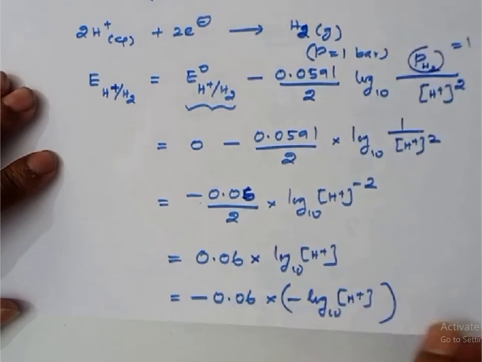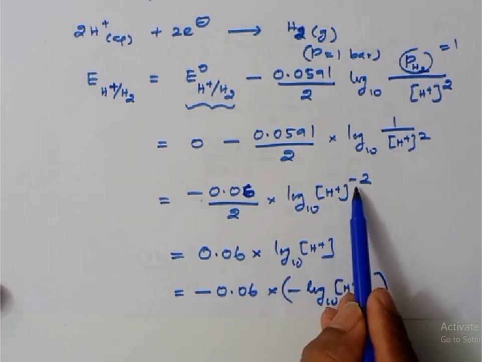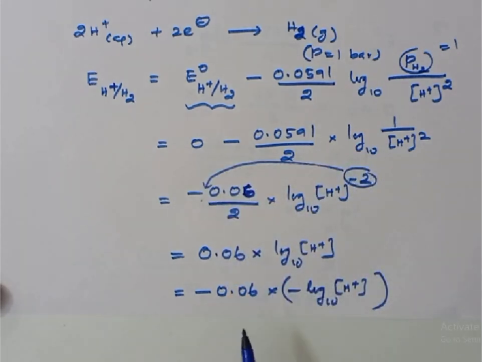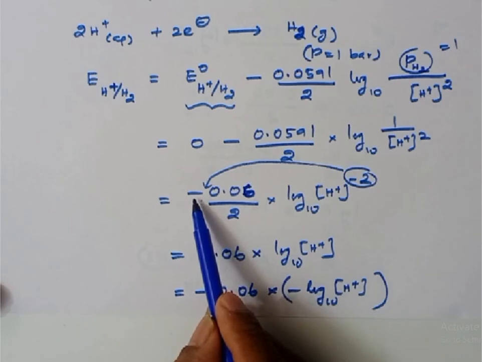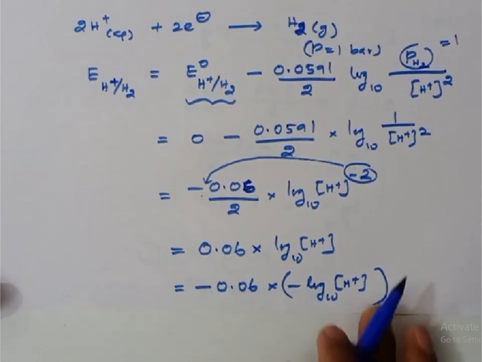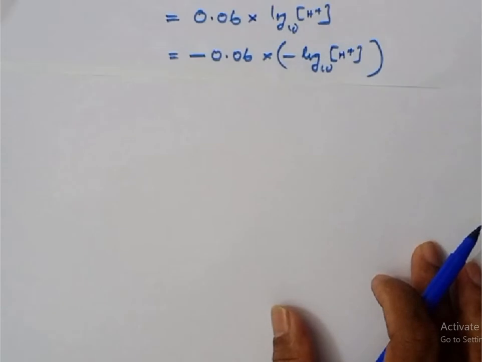Sir, isn't it 0.06 divided by 2, sir? Yeah, but here we have minus 2. In the power we have minus 2, according to the logarithmic rule, we should bring this minus 2 in front, right? So minus into minus becomes plus, and you will get 2 here. That 2 and this 2 get cancelled. Okay, sir. Right. Now what we get is minus 0.06